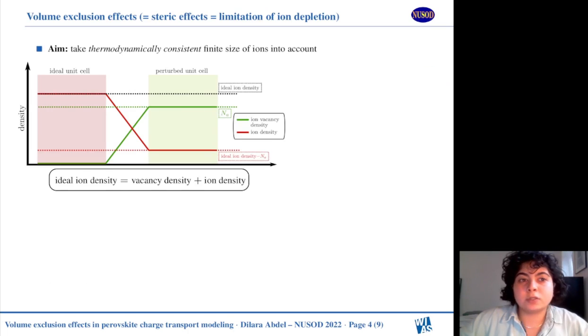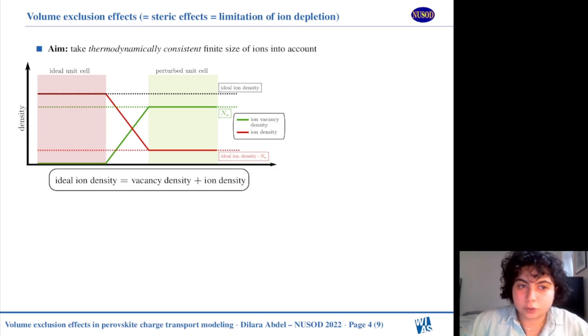We will use synonymously the wording volume exclusion, steric effect, and the limitation of ion depletion. The aim of the inclusion of these effects is clear. We want to take the finite size of ions for the migration through a crystal lattice into account by extending the model thermodynamically consistently. This means that we want to limit the ion concentration to guarantee that the crystal structure